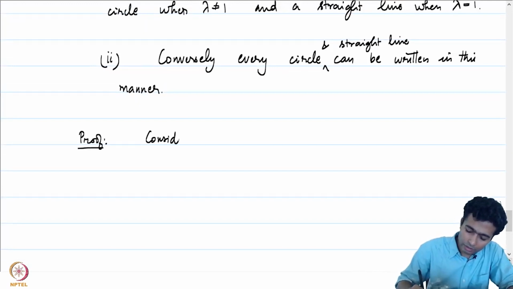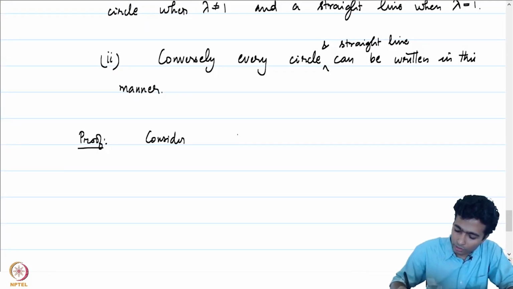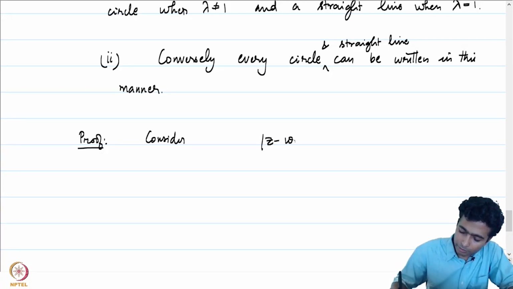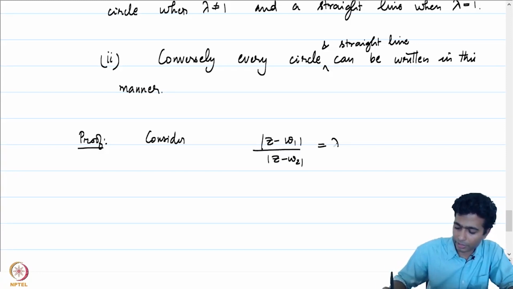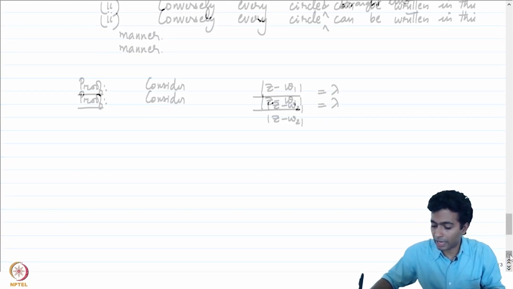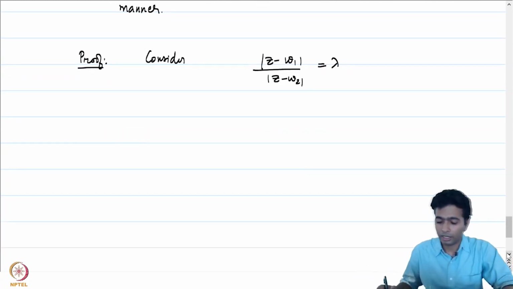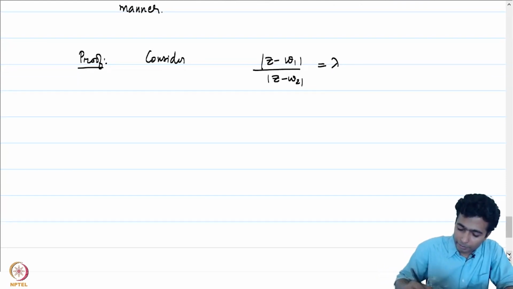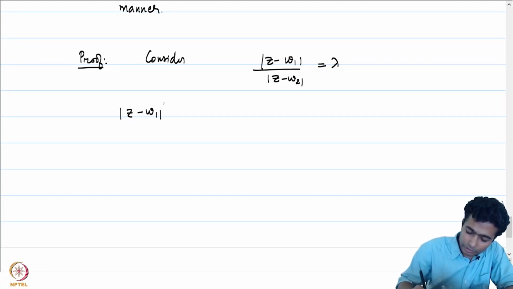Consider the set of all points z such that |z - w1| / |z - w2| = lambda. Remember that lambda is a positive real number here. If we square both sides, we get |z - w1|^2 = lambda^2 |z - w2|^2,